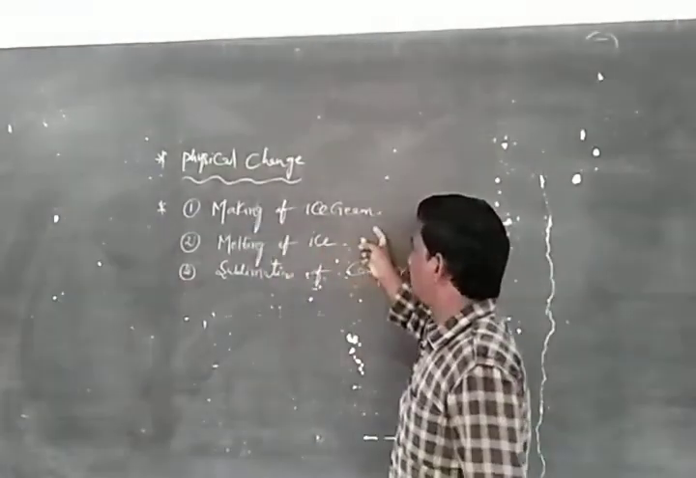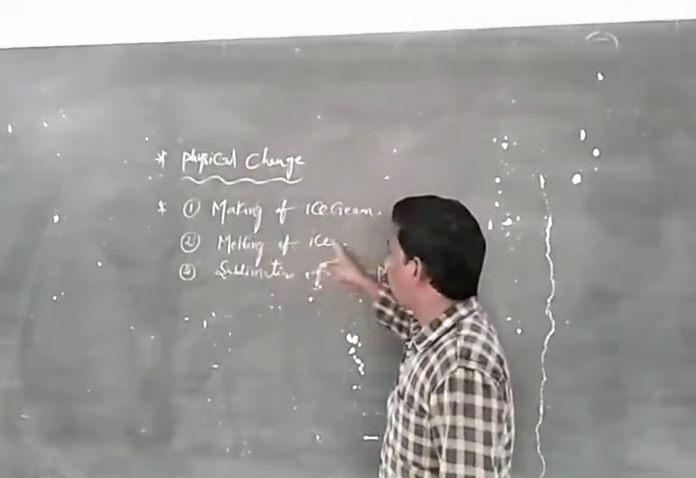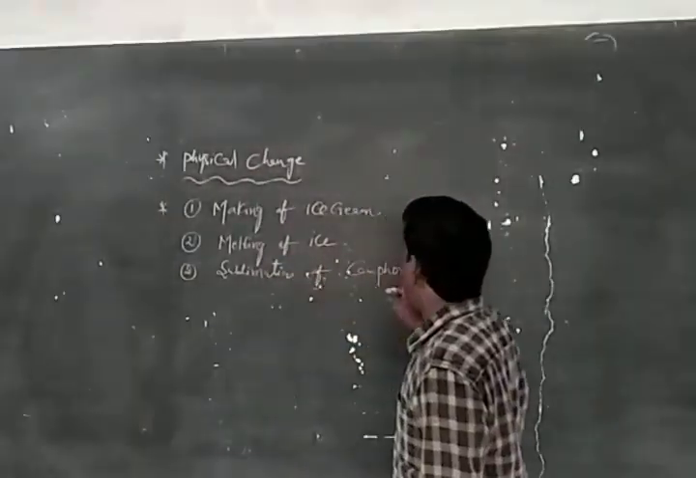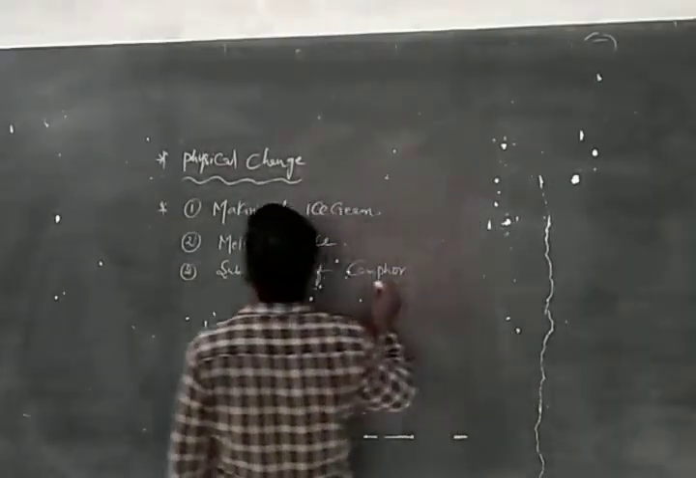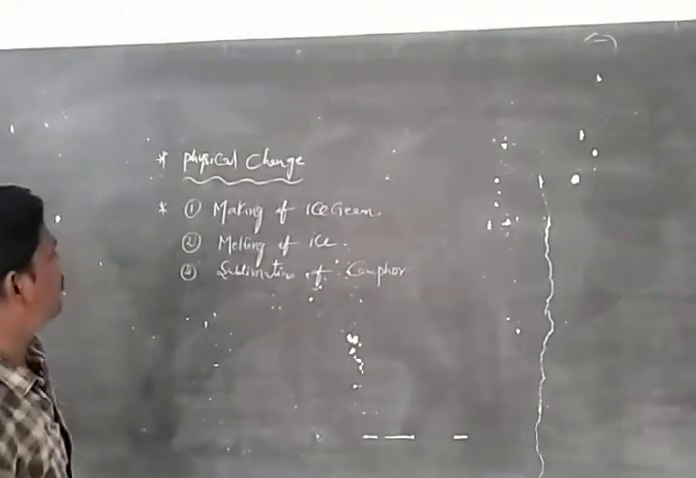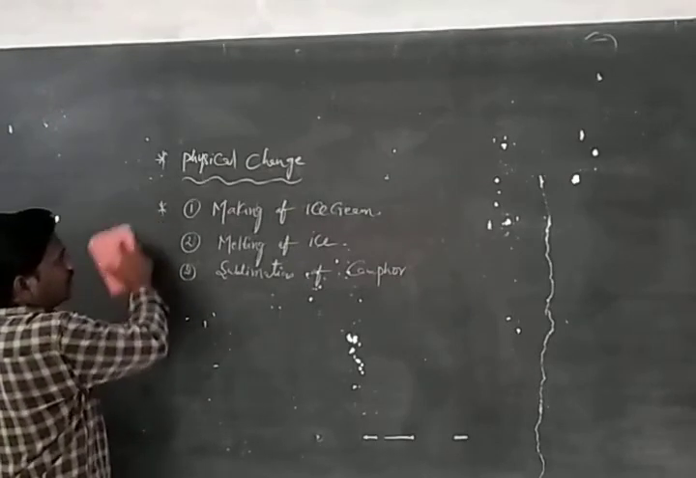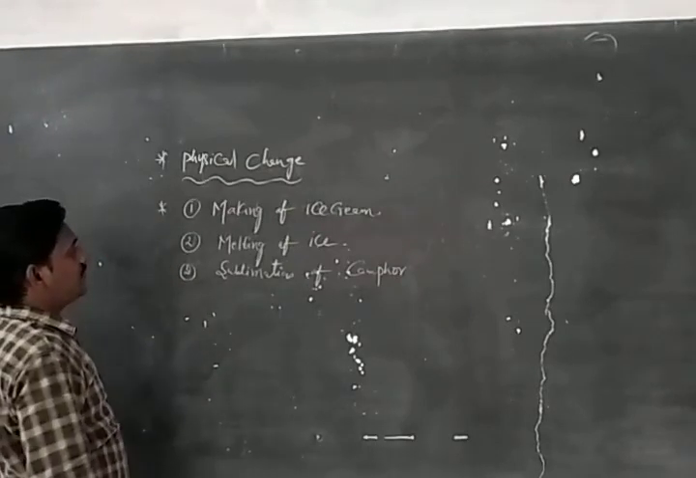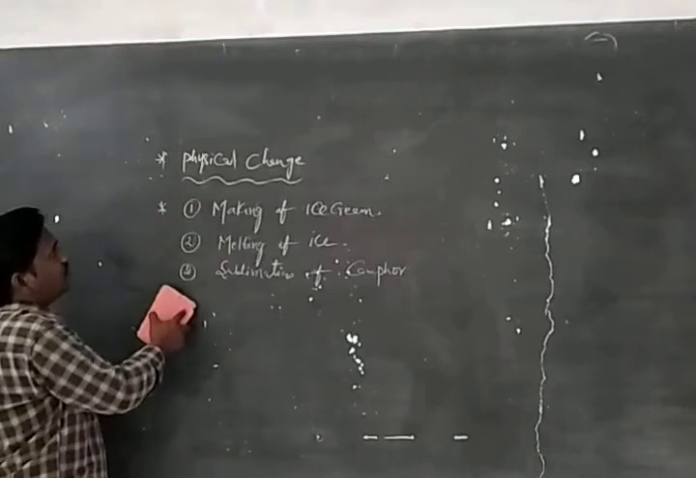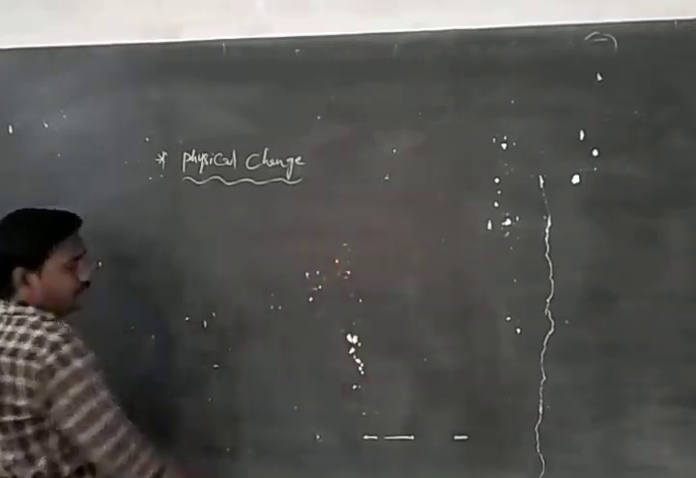Making of ice cream, melting of ice, sublimation of camphor. So these are the physical changes what we have. Now let us discuss making of ice cream, melting of ice, and sublimation of camphor. All these physical changes what we have. So let us discuss, for example,